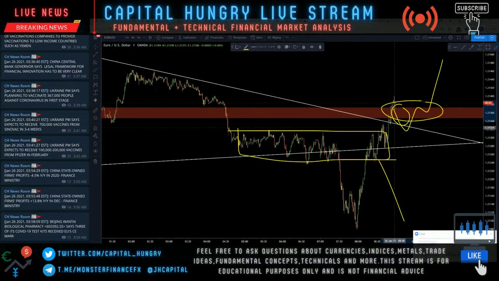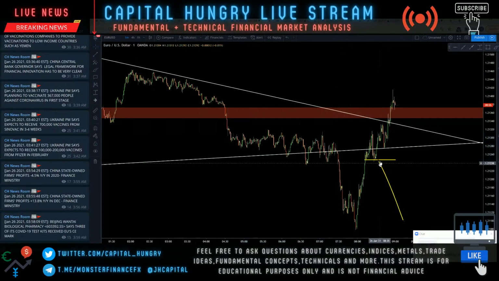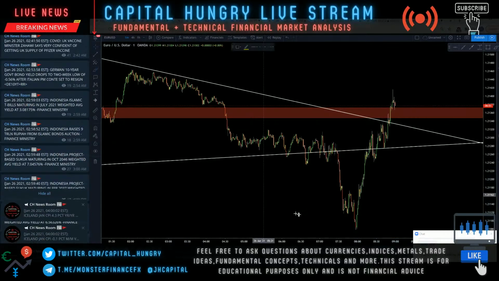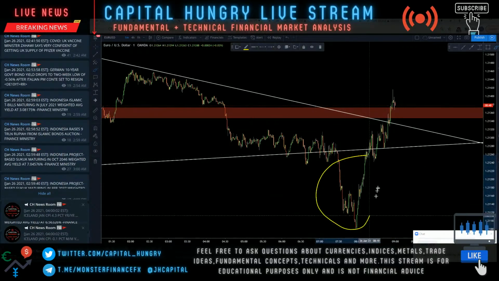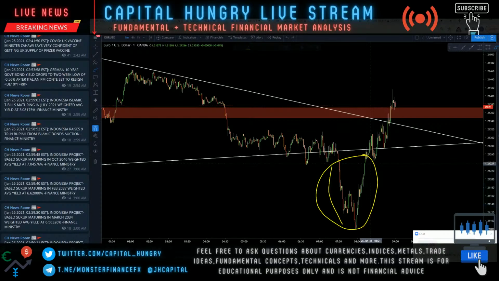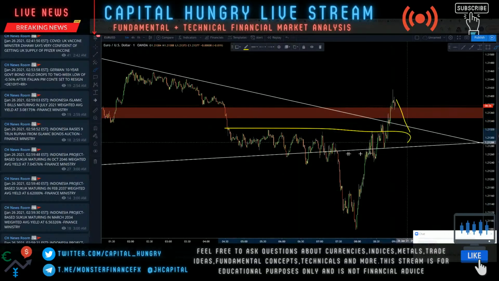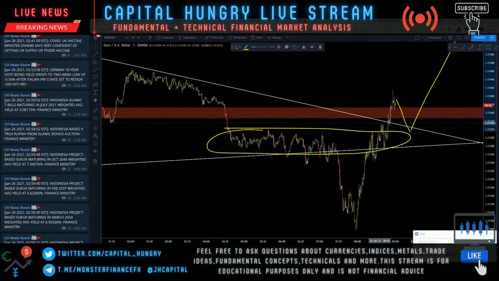EURUSD, has the hourly candle closed yet? Hourly candles are closing in 1 minute now. What is good is that the hourly candle on EURUSD is closing above that bearish market structure, and we snap back above this bullish market structure. You can see the price action here was looking like a mirror, in the sense that the downside move got corrected just as fast. So I just want to see if the next hourly candle can create its lower wick and test this order block area on the lower time frame, make that lower wick, and then continue up.